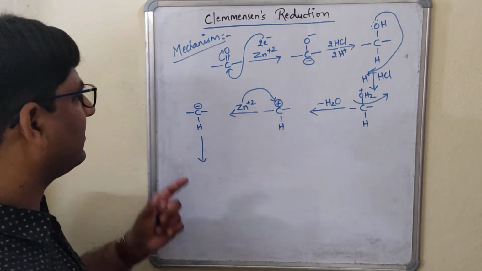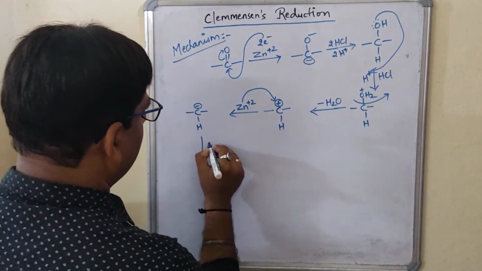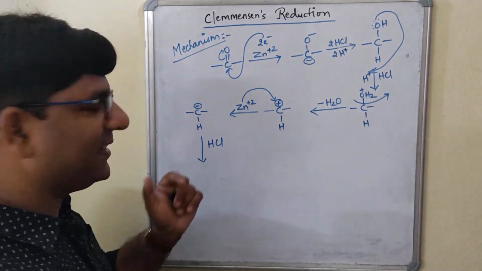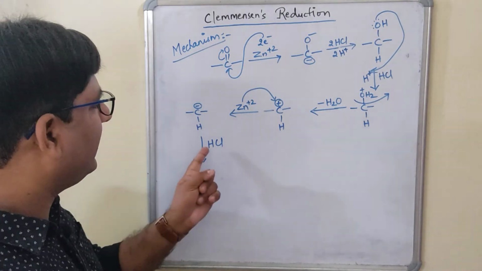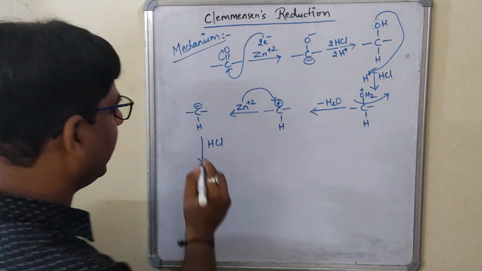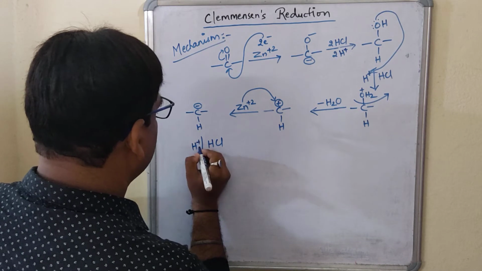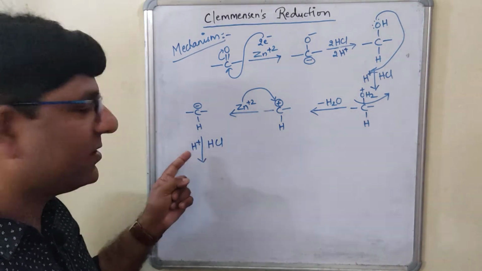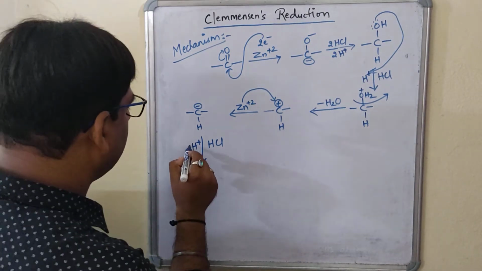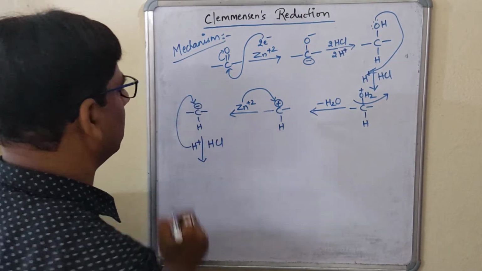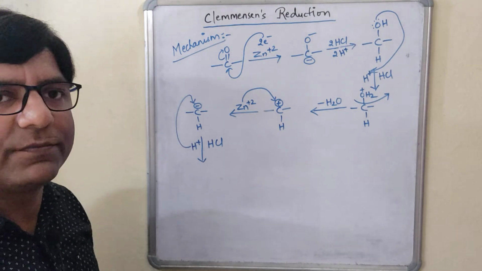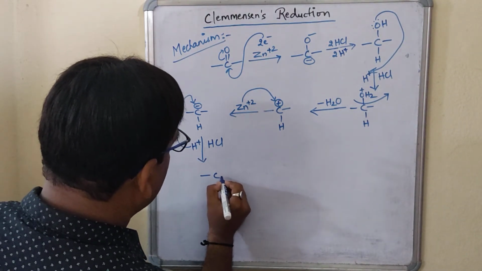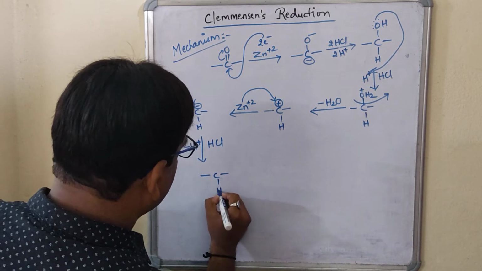Okay. Now in the last step, what we can do? We can get it reacted with what? A molecule of HCl. Okay, when it is reacting with HCl, it means again there will be a protonation. Okay, H plus, and you know plus will go for the minus. Where will it go? It will attack this negative. Okay, now when it is attacking this negative, you will get your final product.